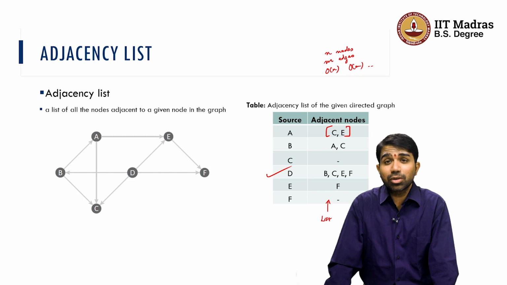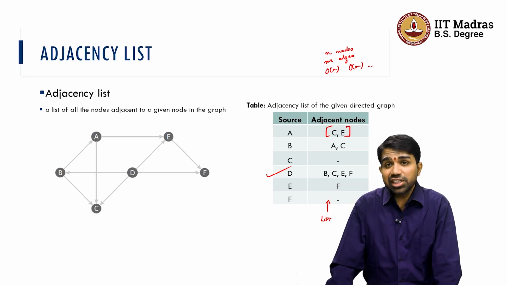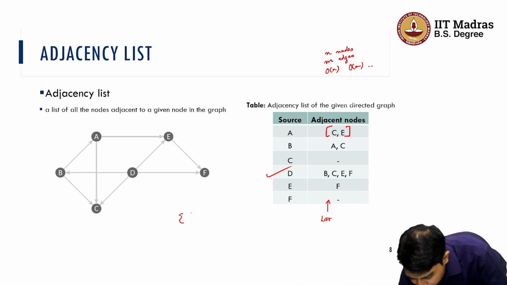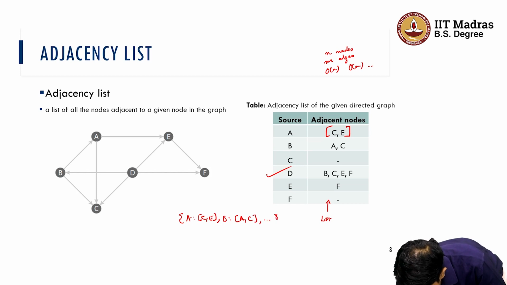You can actually use something known as an adjacency map, wherein you can make this a dictionary. So, I am going to use Python speak here. It is going to be A, C comma E, for an adjacency map, it will end up being something like A,